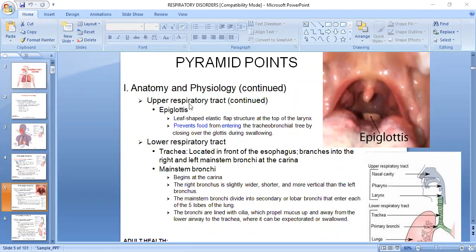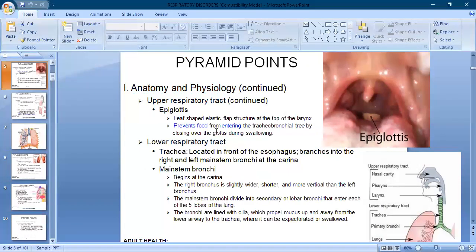The epiglottis prevents food from entering the tracheobronchial tree or respiratory system, and sometimes inflammation or bacteria catch onto the epiglottis and cause epiglottitis. Epiglottitis, another source of infection, can transmit the infection from the epiglottis to the kidney or heart. So if anybody has epiglottitis, it is very important to get appropriate antibiotics,